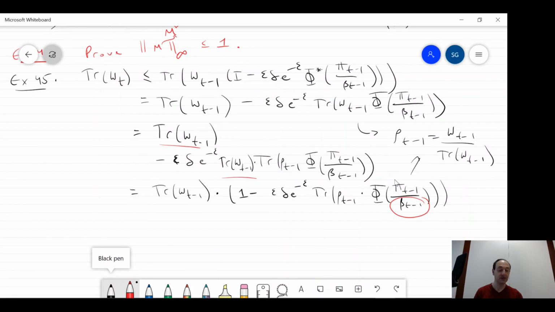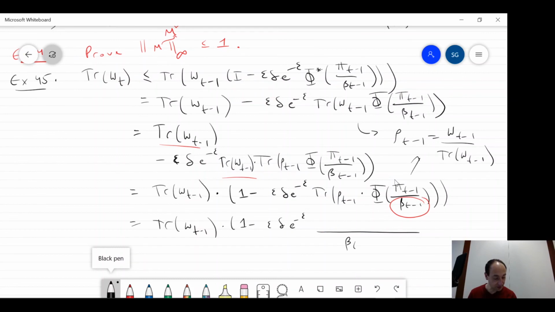The map phi won't really do anything to the scalar, right? So instead, what I could write it as is essentially all the same thing, right? But the trace of wt minus 1 times 1 minus epsilon delta e to the minus epsilon. And now here, on the denominator, I could just put bt minus 1, right? And on the numerator now, I could have the trace of,